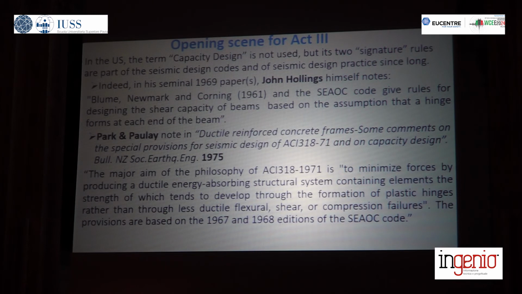it was brought to my attention that the two signature rules of capacity design had appeared already in 1961 in the book by Blume, Newmark and Corning, published by PCA concerning seismic design of multi-story buildings. And they had also appeared in the SEAOC recommendations of the early 70s or even before that. And somehow, in small print, both